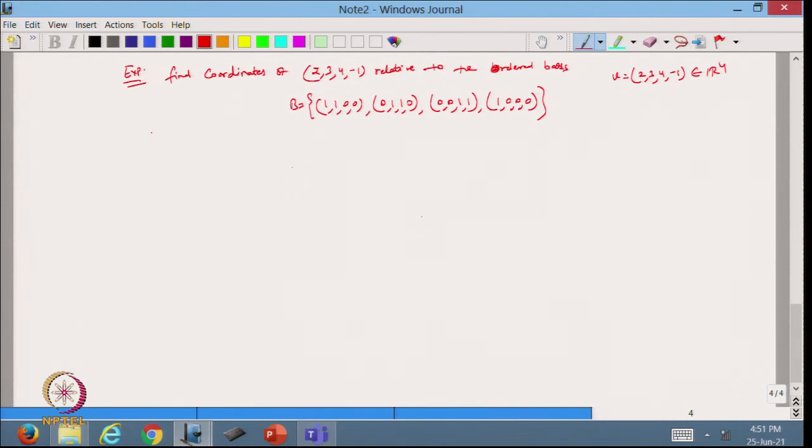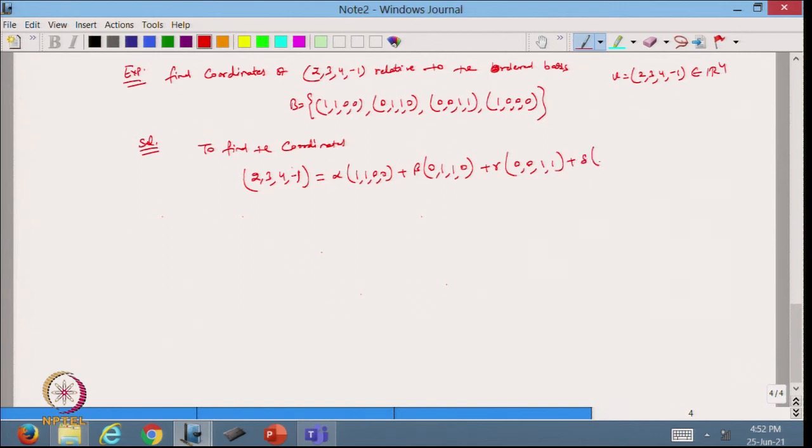Now, to find the coordinates, we need to write the vector 2 3 4 minus 1 as a linear combination. So, suppose I take alpha times 1 1 0 0 plus beta times 0 1 1 0, plus gamma and delta times the remaining vectors,